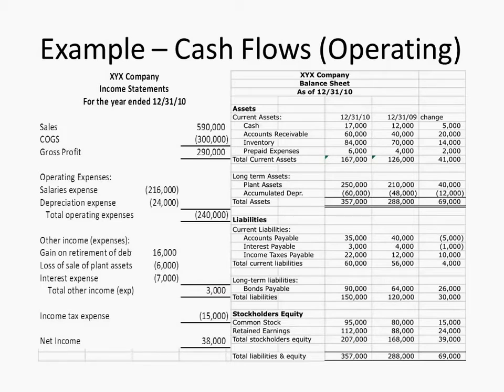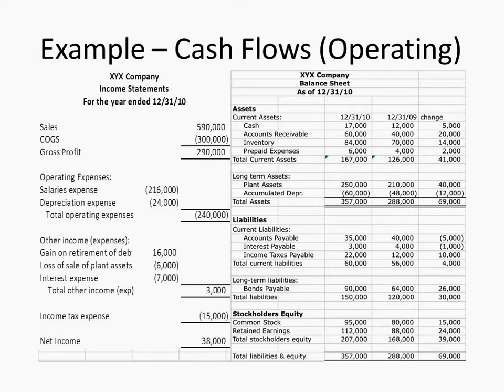The same way with sales, if we go back to an easier one. When you think about sales, if you make a sale, what are the two journal entries you could possibly make? You're crediting sales, you know that. What would be the debit side of the entry? Cash or accounts receivable. If you debited cash, you received cash. If you debited accounts receivable, you didn't receive the cash, so that sales number is on the accrual basis. You have to put it on the cash basis. So you're backing out those sales. If the change in accounts receivable went up during the period, you back that out of sales. Okay?